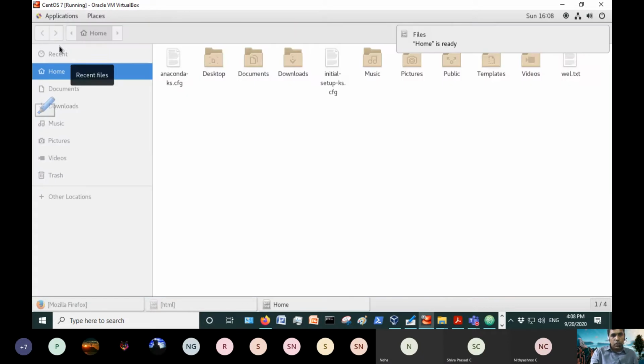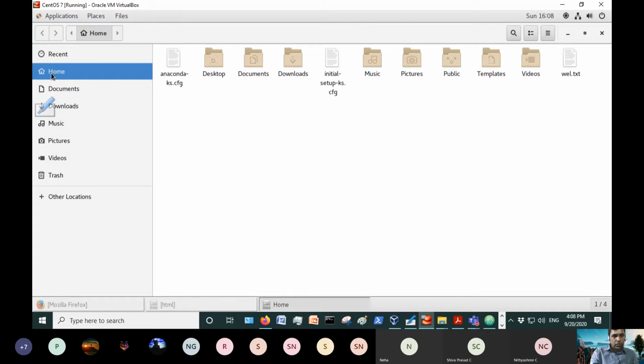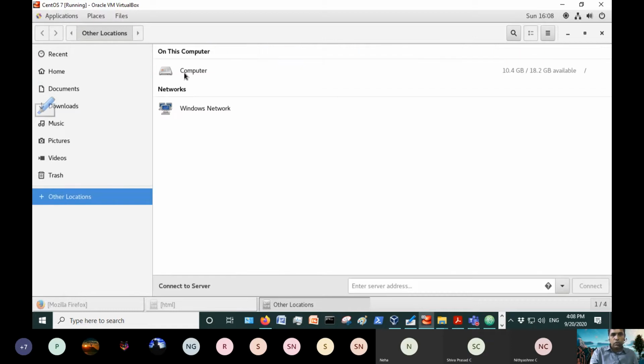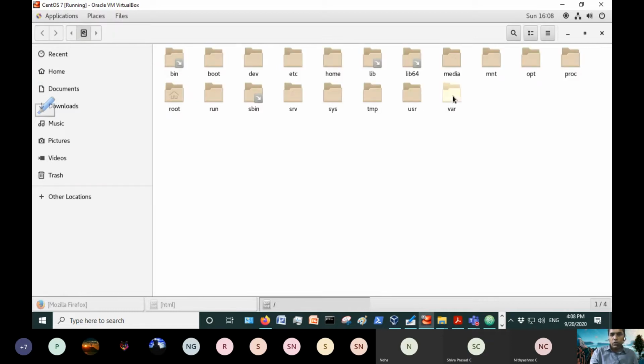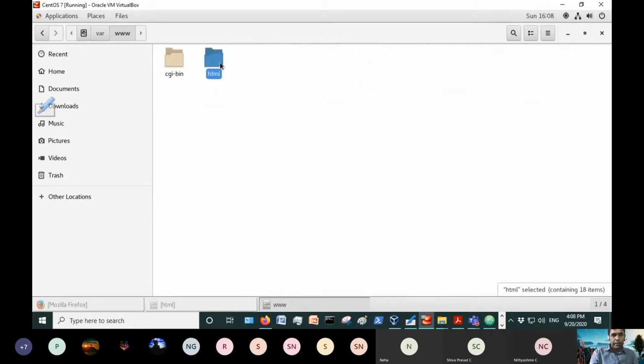So make sure you go to the directory. Which directory? As I told you earlier, go to the home directory and other locations. On my computer, the document root is www, HTML.